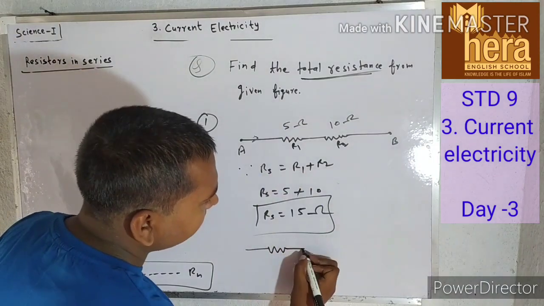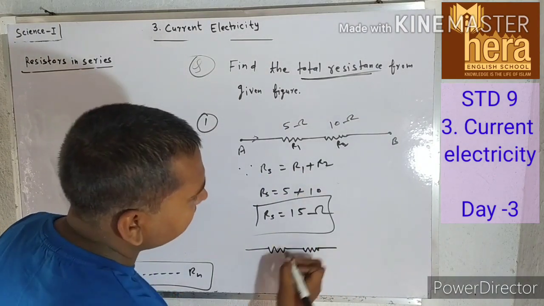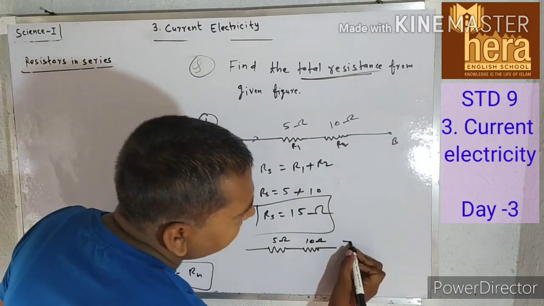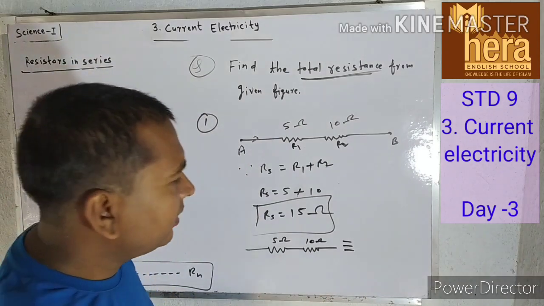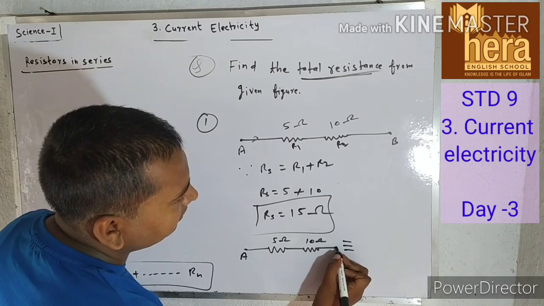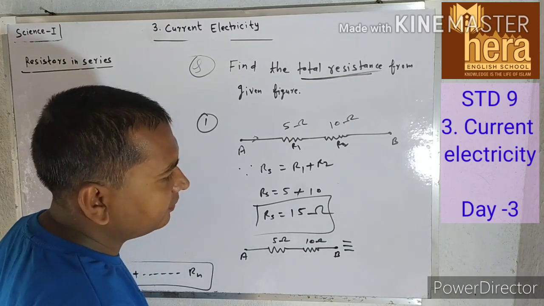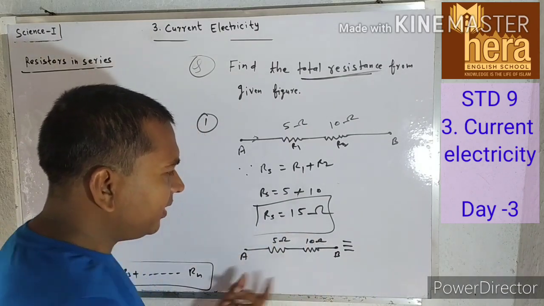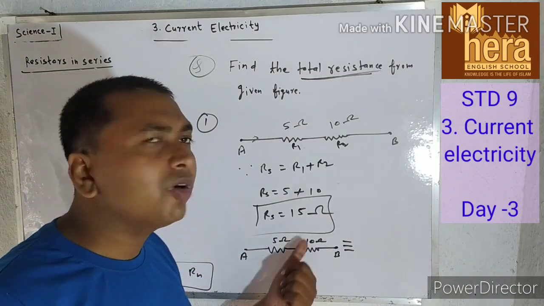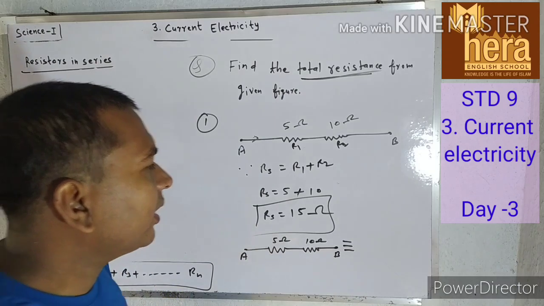This is 5 ohm, this is 10 ohm. So this is the equivalent symbol of equivalent. Here is point A and here is point B. So in place of two resistors, suppose you have no 5 ohm resistor and 10 ohm resistor. Then what will you do? You will simply connect